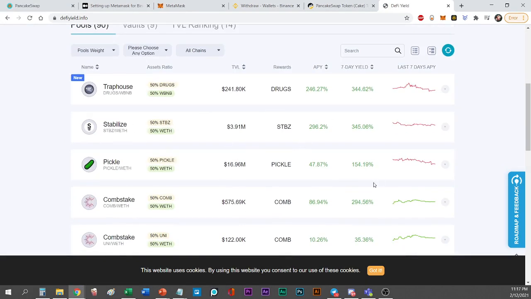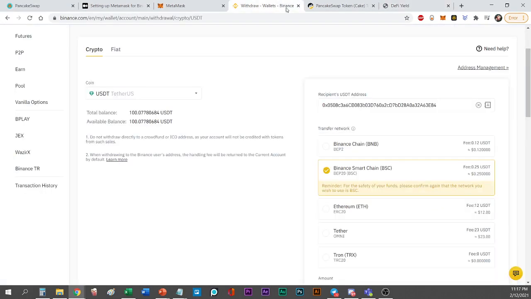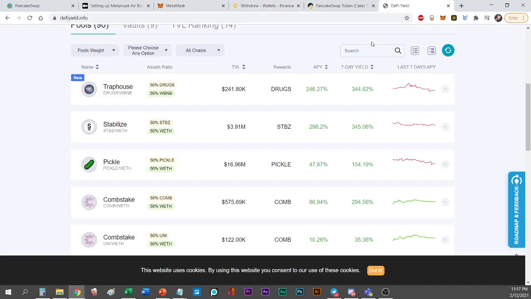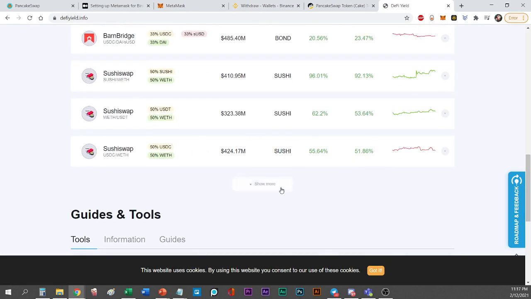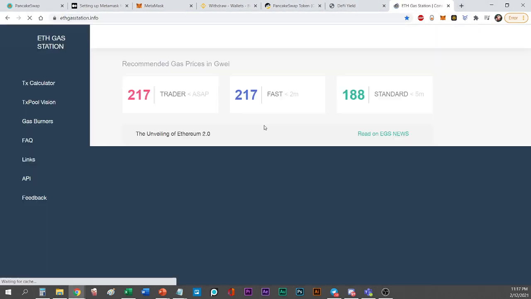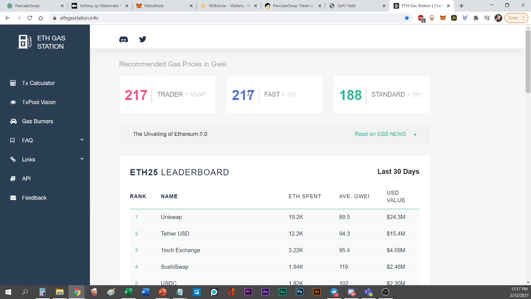There's a reason also why we are using Binance Smart Chain's pools, but we're not going to any of the ERC20. So for example, Pickle, Harvest, SushiSwap, Uniswap. So these are all in the Ethereum network. And the problem with that is, well, let me guess, 150. Oh my gosh. Yeah, see,